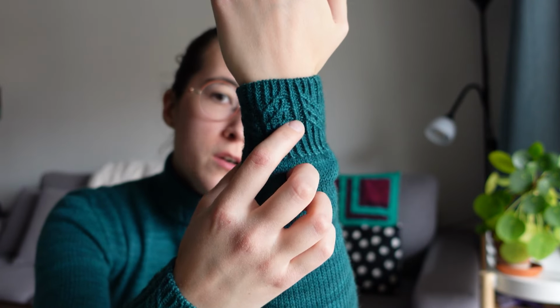But I have added a column here, and I think it looks perfectly fine. And at least now I have a little bit more room, so I'm happy. And the other thing is that I didn't change the needle size from the arm. I used 3mm, and you're supposed to go down to 2.5, and I stuck to the 3mm for the cuff. Yeah, it's details really. I don't think anybody cares, but that's what I did, because I was having trouble